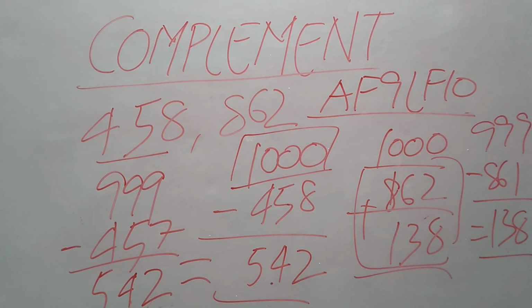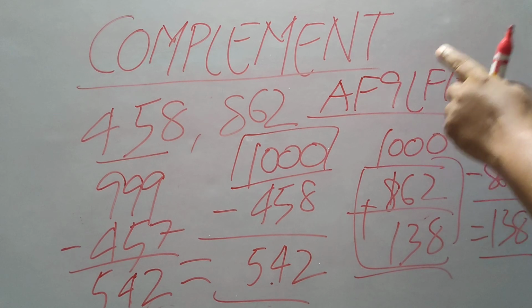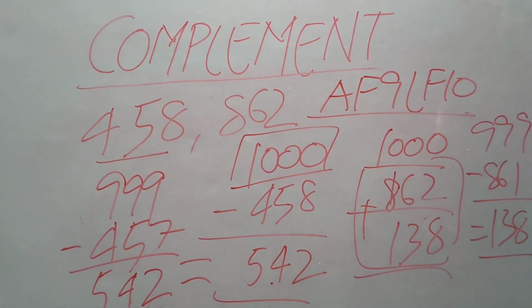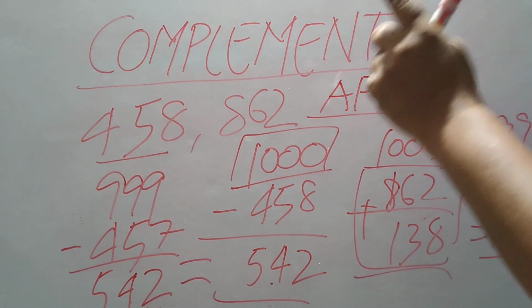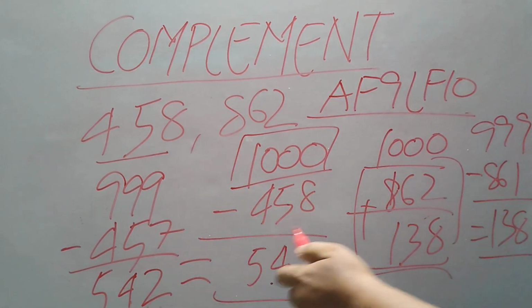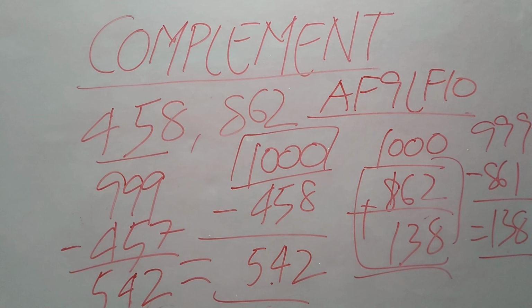So in this way I can find the complement of any number using the basic concept AF9, LF10, Nikhilam Navatashcaramam Dashatah. And you have to just see what base has to be used. The sum of the complement of the number and the given number will always be equal to the base. That thing you have to remember. If it is not coming equal to the base, that means you have done something wrong with the calculation.